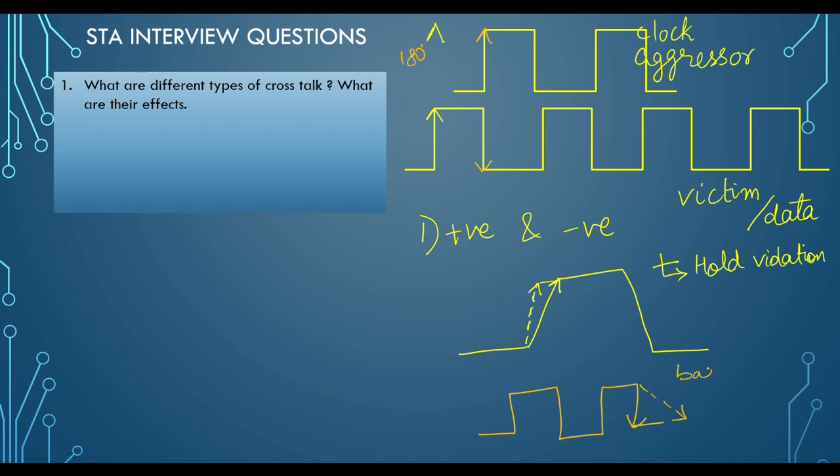So therefore you can say that transition will go bad because the data is getting victimized from active clock transition switching. You can see that clock is switching and it is making the bad transition, hence your setup violation can occur, or you can say that it is sometimes good for hold, but at least it will be always bad for transition. You can see that there might be transition violation occurring or setup violation will be occurring in the negative crosstalk. These are the two types of crosstalk and these are their effects.